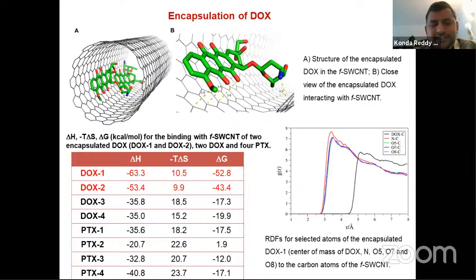This is one of the interesting studies I've done, which is different from my work. Generally I work a lot on proteins. This is one of the interesting studies I've done, and we found it very interesting. To go further, we are trying to collaborate with experimentalists to see how we can use this system as a drug delivery system. Especially, we are collaborating with one scientist from University of North Carolina, who is planning to use this system for his studies.